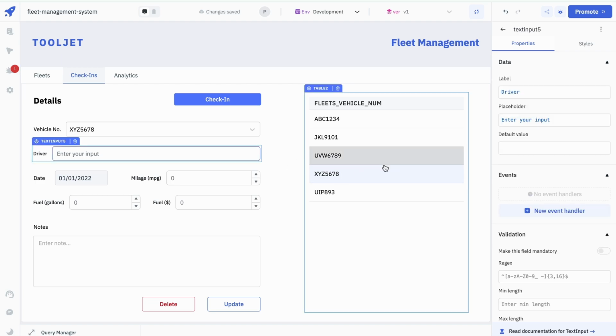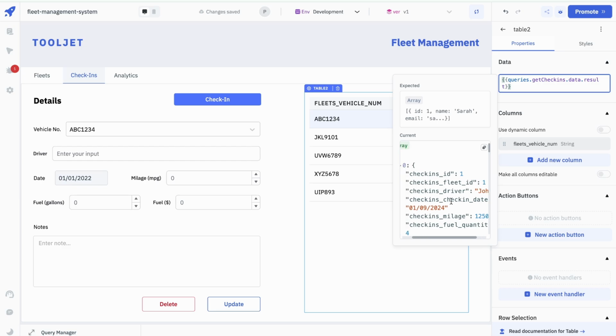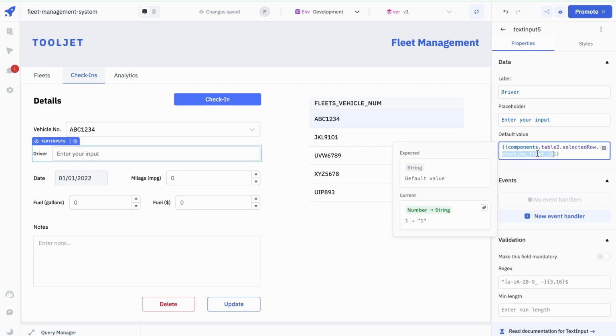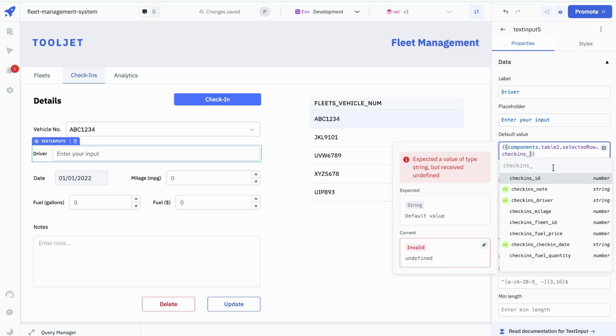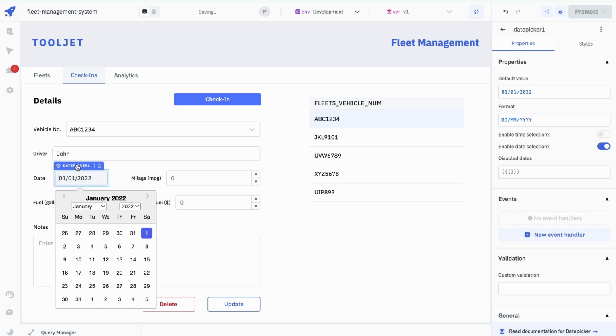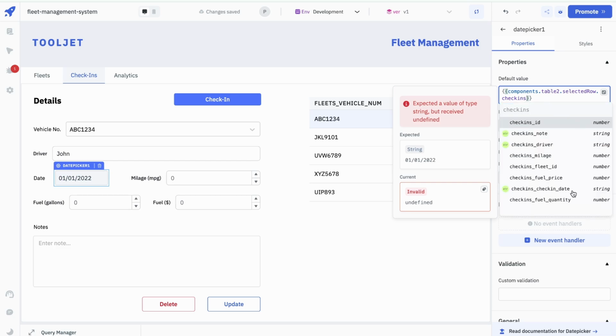Okay, similar to that we'll be having here the driver name, and if you check it here, the driver name is check-ins driver. So we'll go here in input, and we will be adding the default value. It will be check-ins underscore driver name, so that is driver. Okay, similarly we'll go with dates. Default value will be date. I guess it will be check-ins check-in date. Okay,